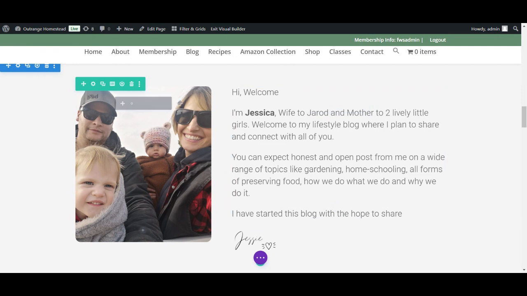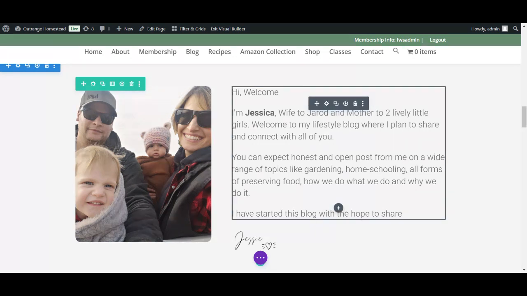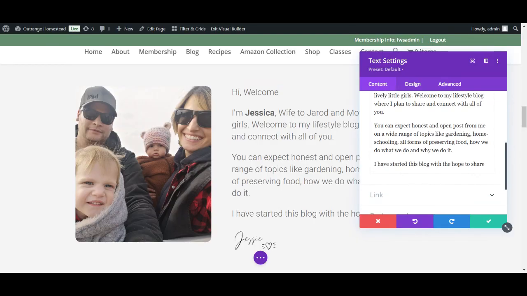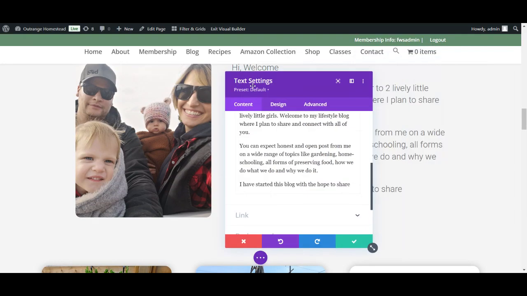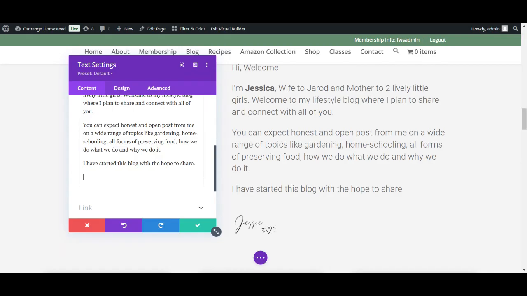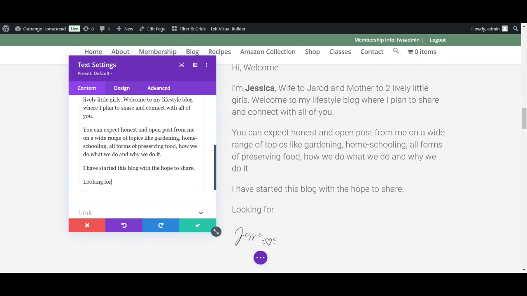So this is a text box, this is an image. Every time you want to make a change, you hit the settings icon, which is the gear icon here, just like you would have on your phone. Click on that. So here I can change the text. I can move this on the side just so I can see what changes I'm making. So if I add, looking forward to the journey ahead,